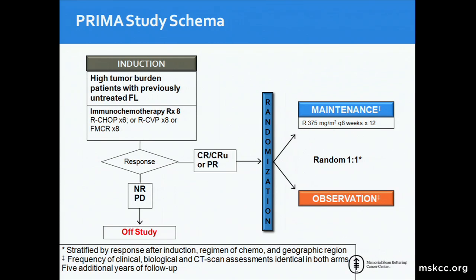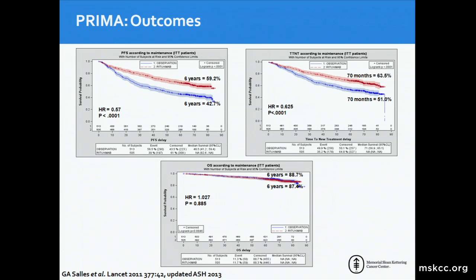The PRIMA study, this is rituximab maintenance after immunochemotherapy induction. These are mature results with 6 years of follow-up. You can look. The data quality is excellent. Very few censored events here. All of the censored events are out here with mature data. And big difference in progression-free survival and time to next treatment. But again, you cannot put a piece of paper between these overall survival curves, suggesting no impact on overall survival